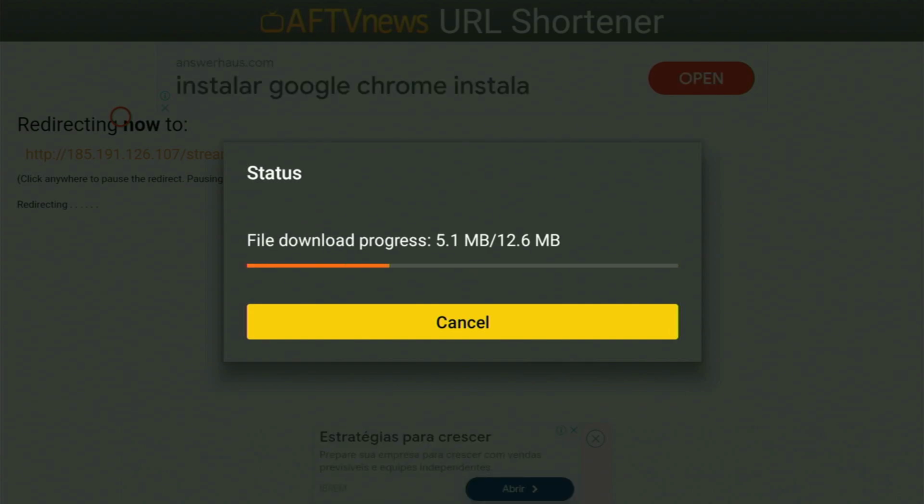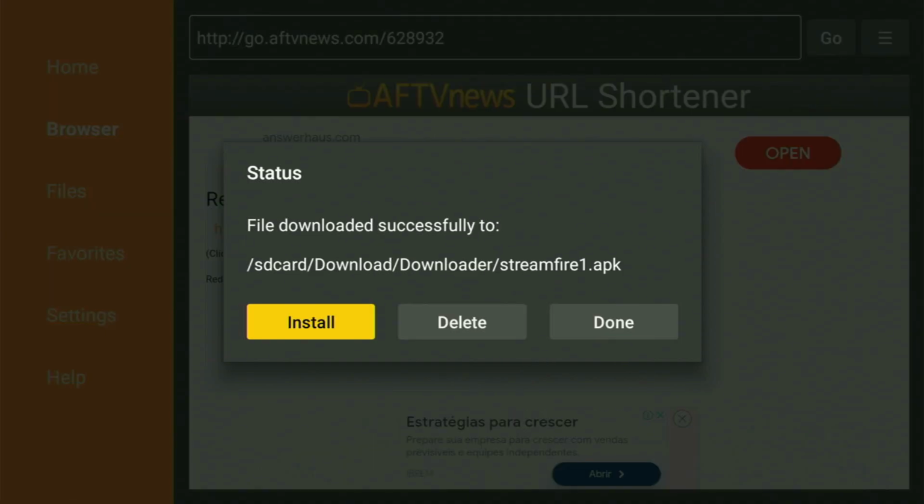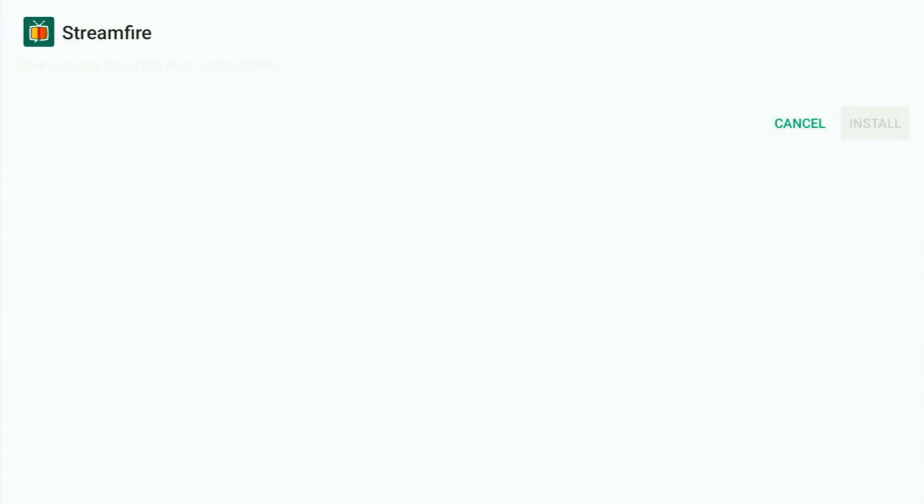And now the download of the app has started. Usually it takes only a couple of seconds, but of course it all depends on your connection speed. Then you click on install, and now the app will be installed to the Fire TV. And after that, do not click on open yet, instead press on done,